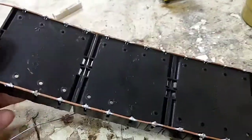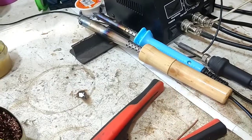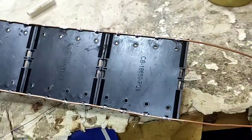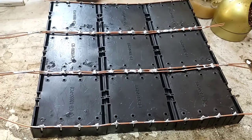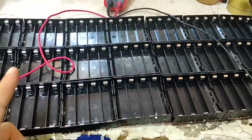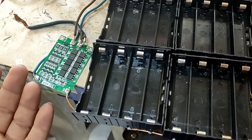First we parallel them. Okay, I use a 100-watt soldering iron because it can solder very fast. And now the parallel is done. Now we will series them. The series connection is done, and now we will install the BMS. Okay, now all is installed, and I installed the BMS, which is just for charging purposes, 40 amp, very